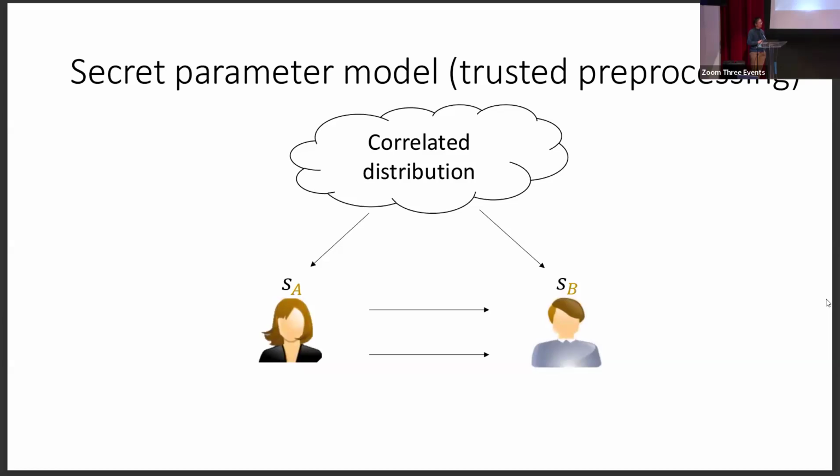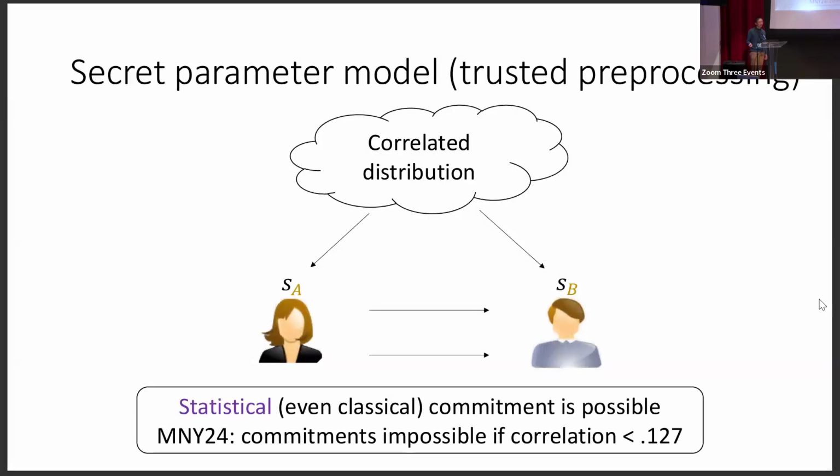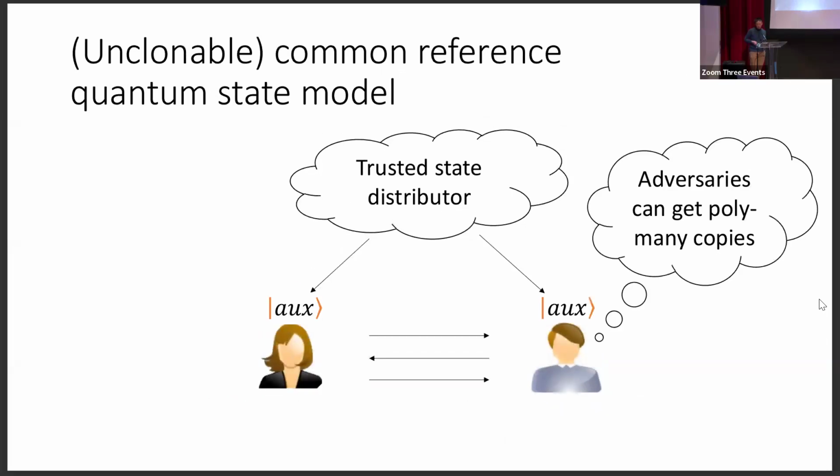Let me also quickly mention another related setting, which is the secret parameter model. Here, if you are willing to trust the preprocessing a lot, like there's a trusted third party that does the preprocessing for both of you and can keep each secret from the other, we actually know how to do even statistically secure classical commitment. However, in their work, they also show an improved impossibility: if the correlation of these strings is small, then commitments remain impossible. And on the quantum side, we show that we can adapt our construction into